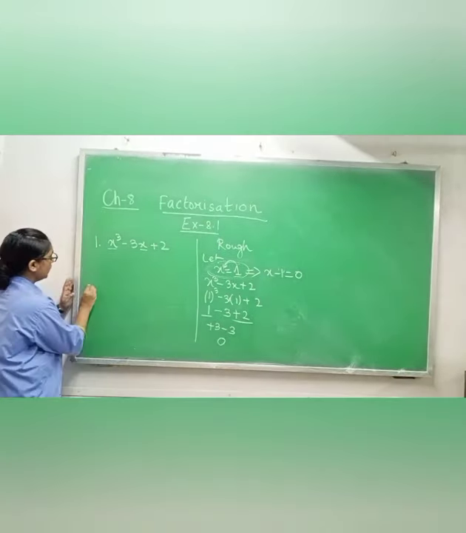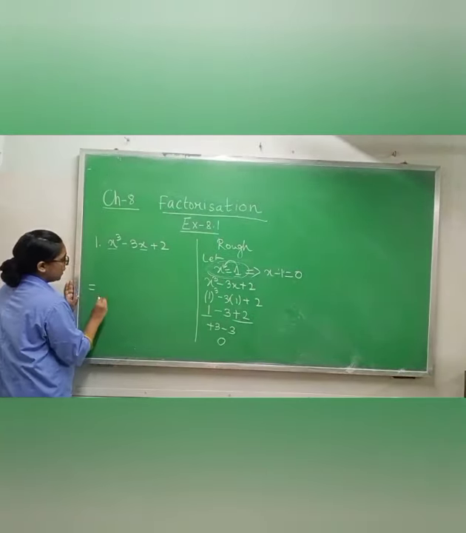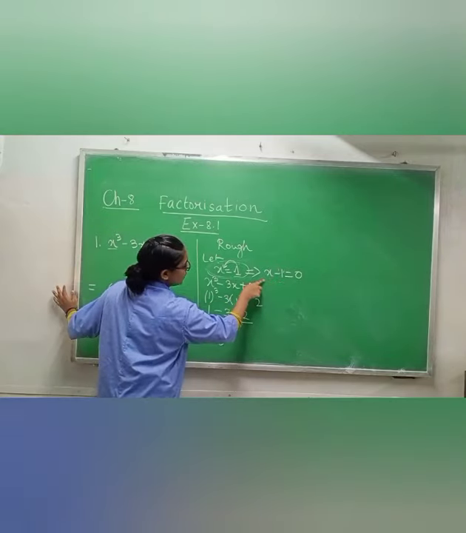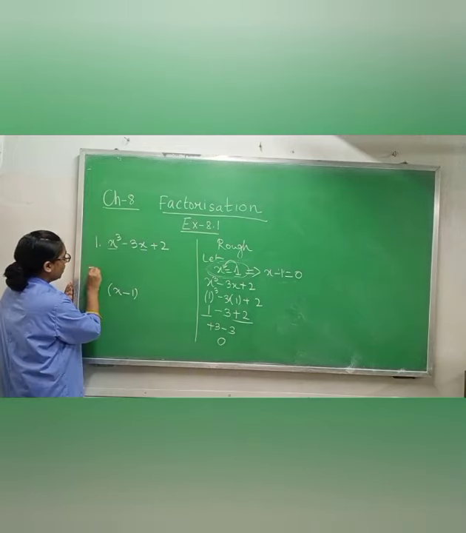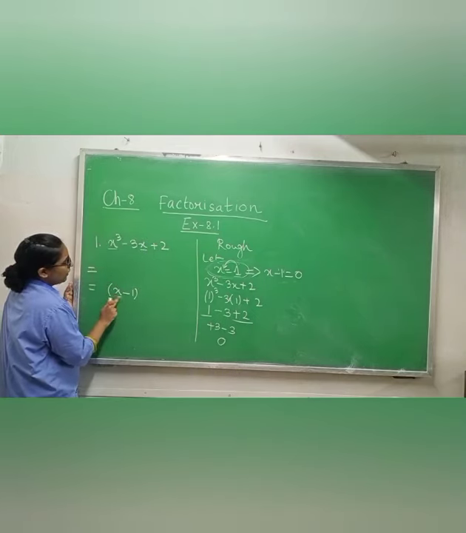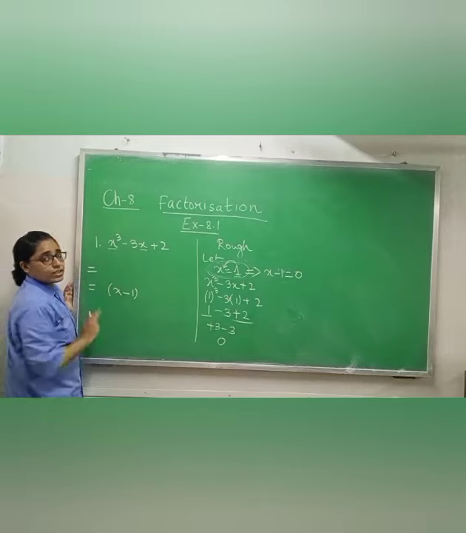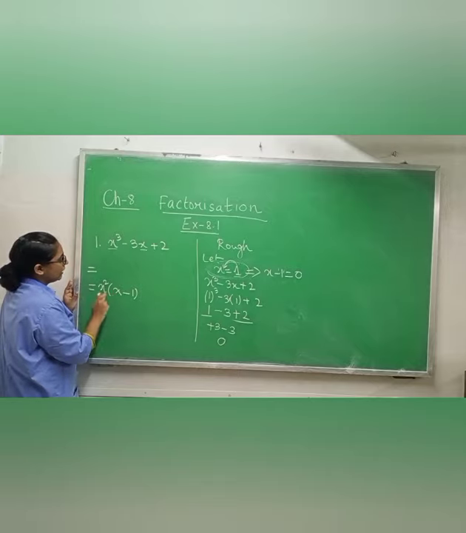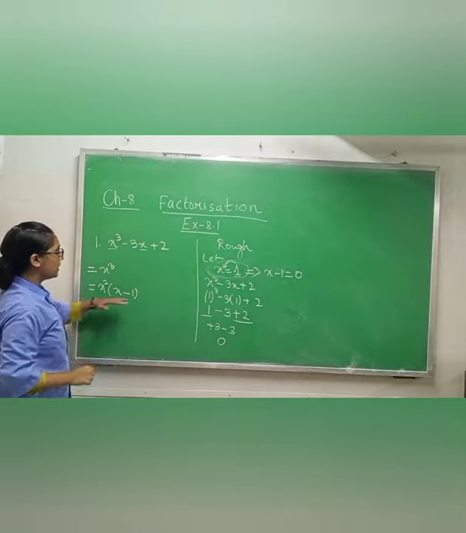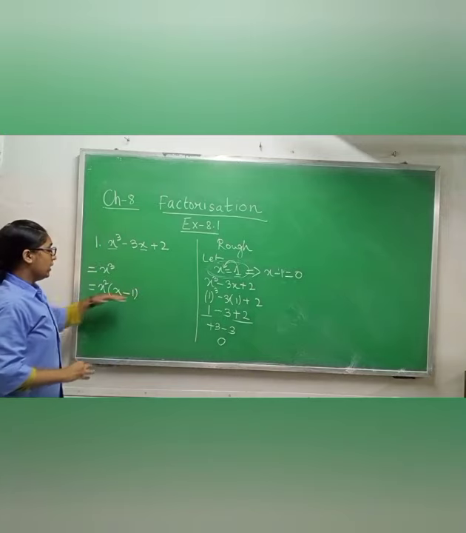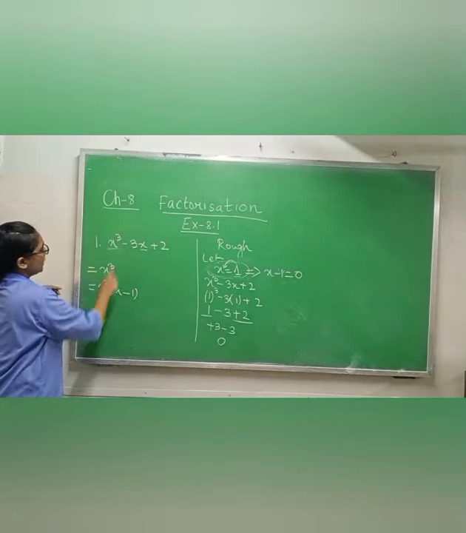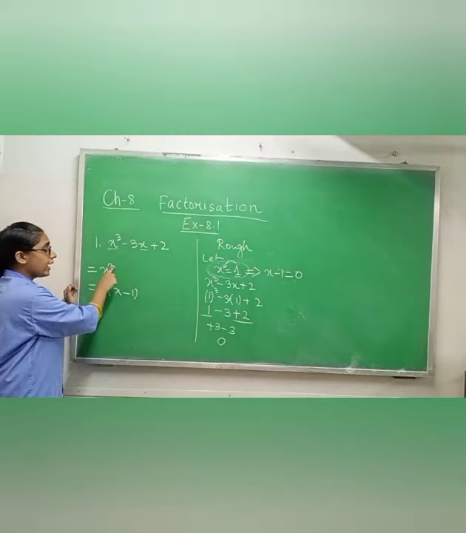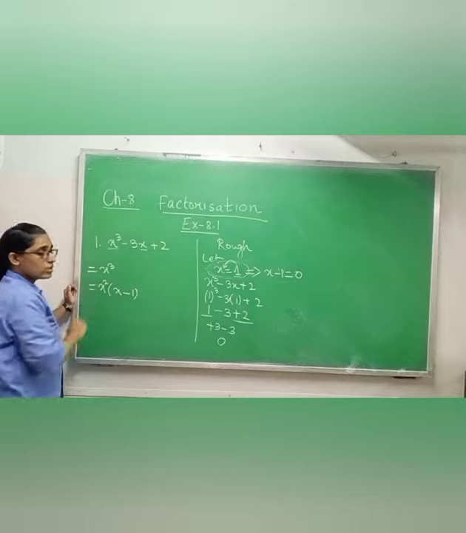Now how will you do this? Leave some place here. First of all, you will write x minus 1, because I told you I am getting x minus 1. Now tell me, by which x will we multiply so that x cube will come? If we multiply x square with x, I will get x cube. Again, first I am writing x minus 1. Then I need x cube, but I have only one x, so I have to multiply by x square to get x cube. That is why I am multiplying with x square.